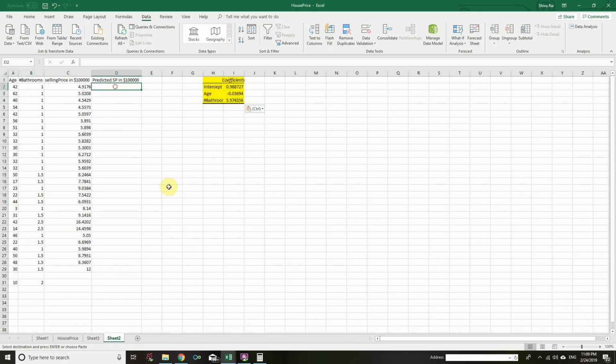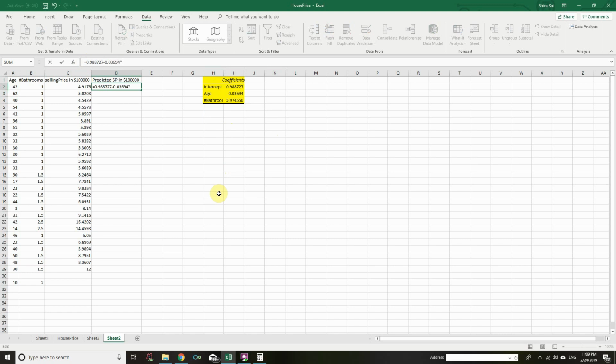Control B. So our model would be equals, the intercept is 0.98727, plus M1 is negative, so that becomes negative 0.03694